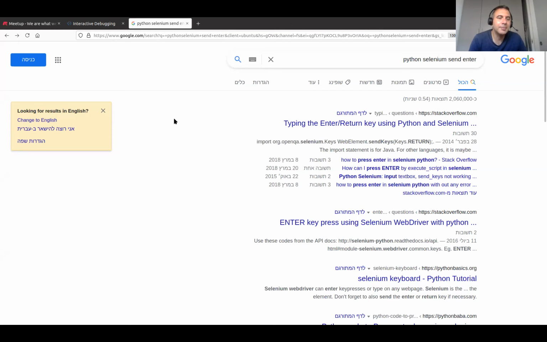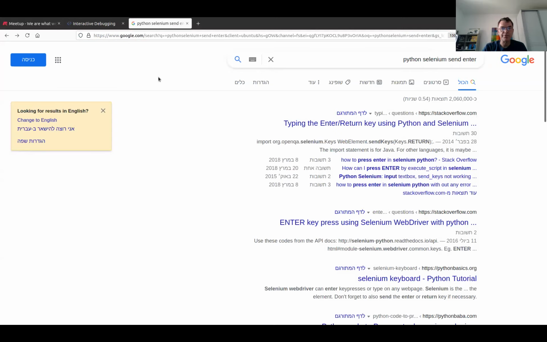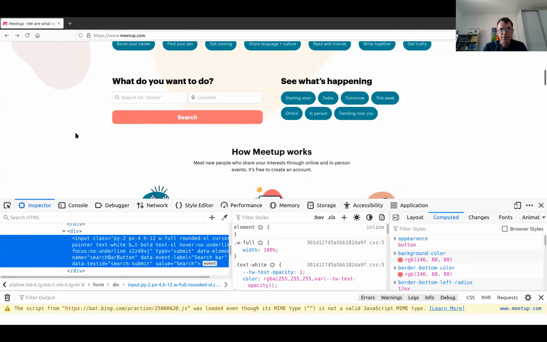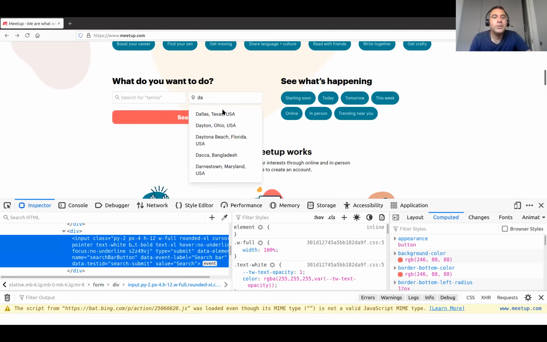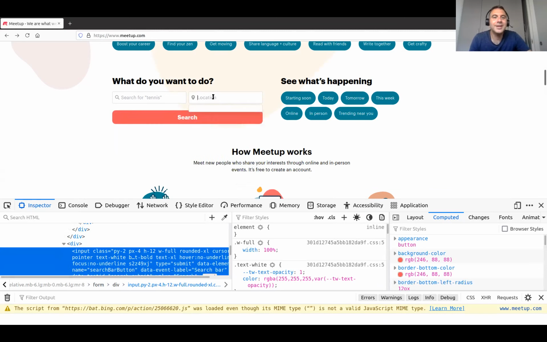Look, go to the Meetup page. The main page in private window. Too many browsers. I have too many browsers open. This one. Now start typing. Okay, now you want to click on Dallas, Texas, but when you do right click, you get a blur and it disappears.